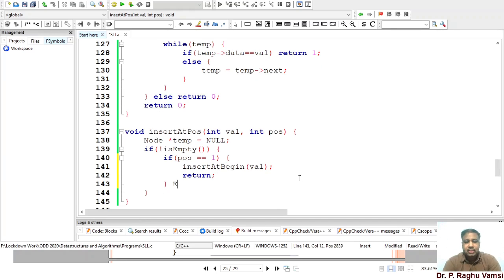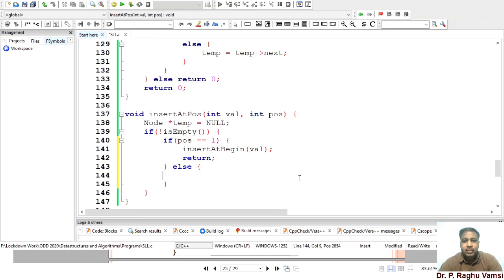If the position is not equal to 1, then what we're supposed to do, else. So else temp is equal to head, for int i is equal to 0, i less than, so we have to start with not 0, 1.